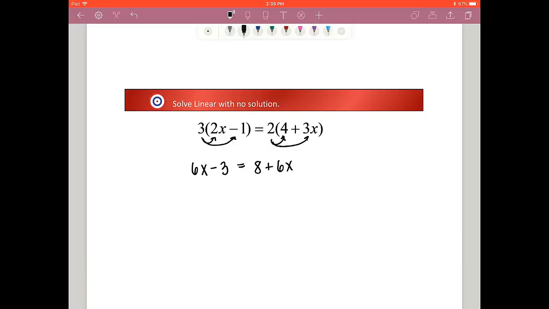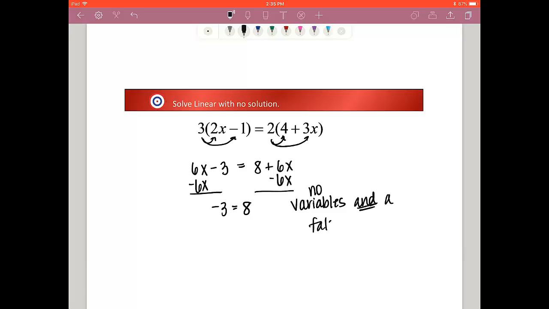We do not have an identity, so we don't have an identical expression on the left as we have on the right. So I'm going to collect my x's by subtracting 6x from both sides of the equation, and I see that my variables have gone away. So I have no variables, and I have a false statement. These 3 dots mean therefore. Therefore, when you have a false statement, you have a contradiction,